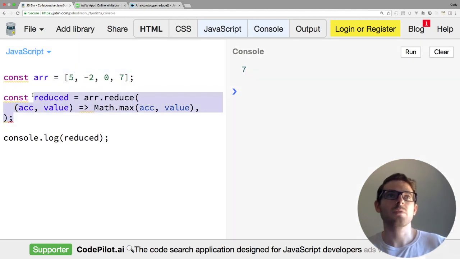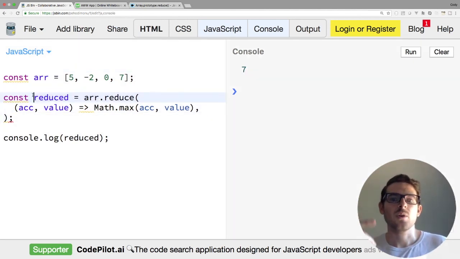Cool. So again, you can do a lot of cool stuff with reduce. You just have to understand when and why you might want to apply reduce instead of just doing a typical for loop or something. That kind of wraps up this reduce